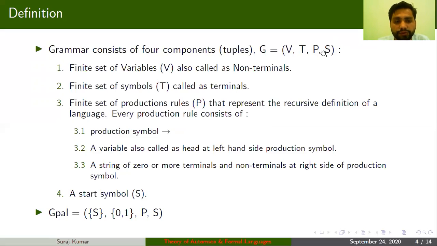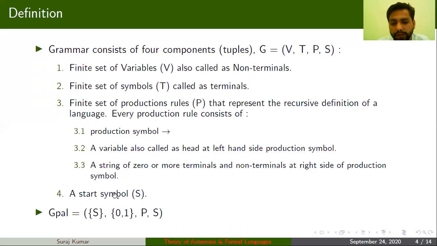If you see the previous example, your starting symbol was S. Your productions, there were 5 productions: S implies epsilon, S implies 0, S implies 1, S implies 0S0, and S implies 1S1.